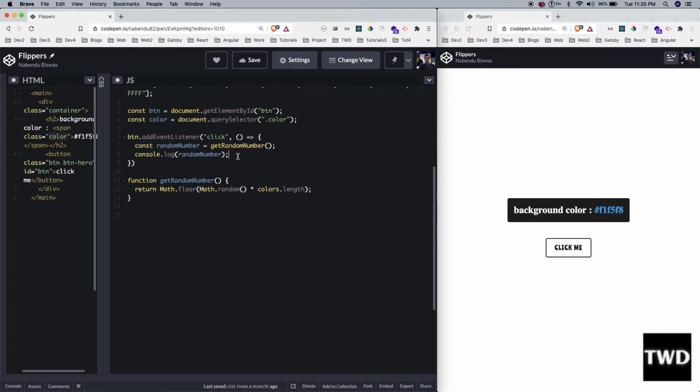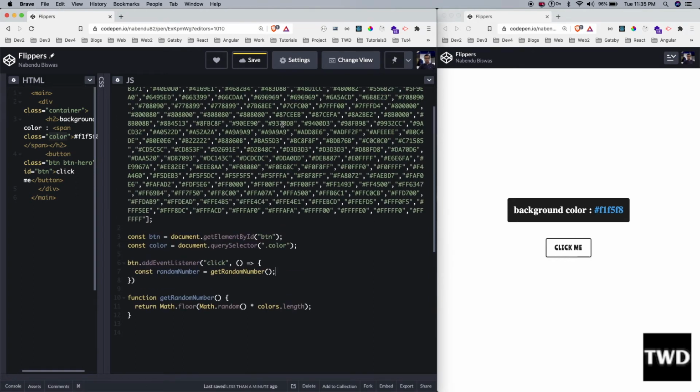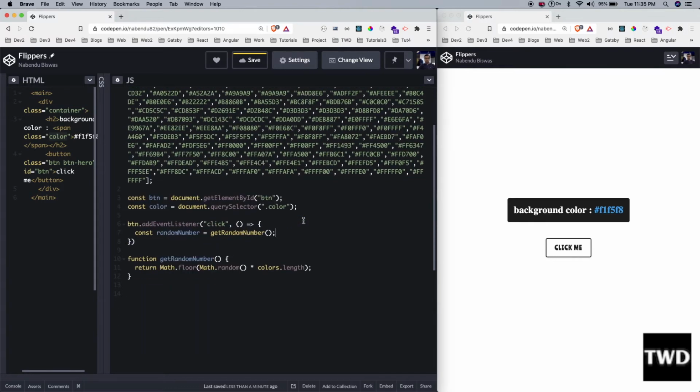So after that, now we will use this random number. How are we going to use it? We are going to use it to get a hex value from here. See, every number has a hex value. So if we give the array an index number, whatever number is in the square brackets. If I pass the random number, it will give me an item from the array. So let me do that.